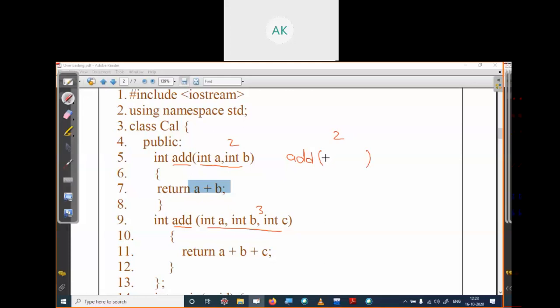They will be defined with different types of parameters. Maybe one parameter is float and another parameter is int. So again you can differentiate this method from that method based on types. So you can differentiate which function we are calling based on the types or number of parameters.